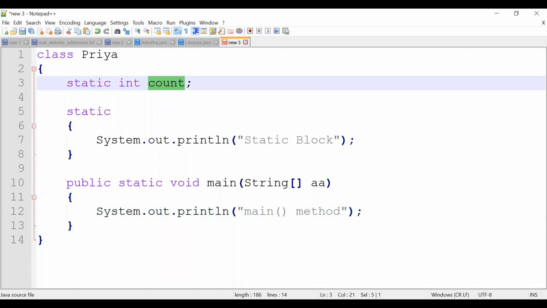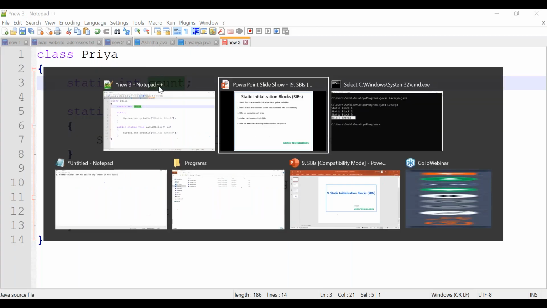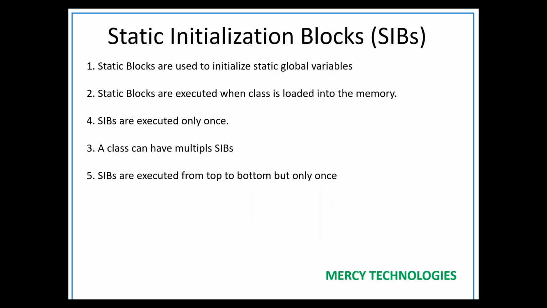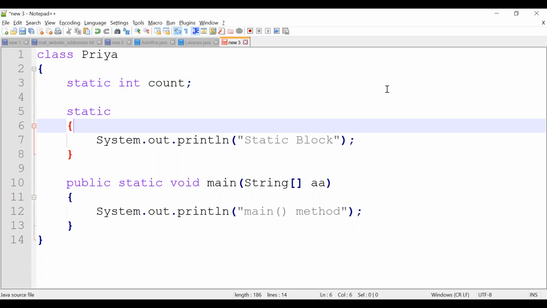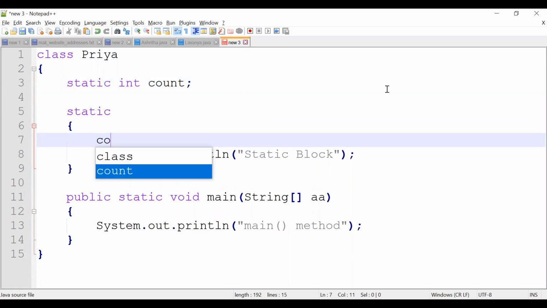So here the actual usage of a static block is, we have seen the first point, static blocks are used to initialize static global variables. Correct. So far we have seen that you can initialize directly here, right? But a good way of writing a program is, the purpose of a static block is that it is used to initialize static global variables.